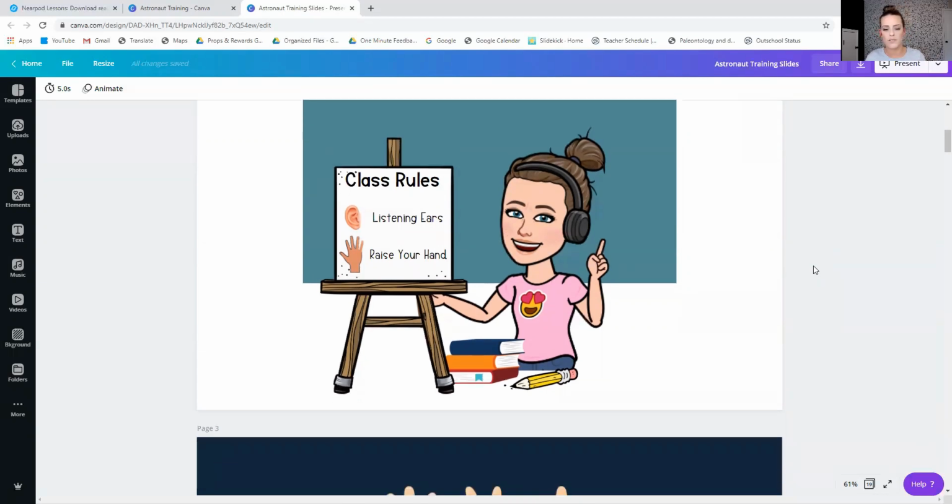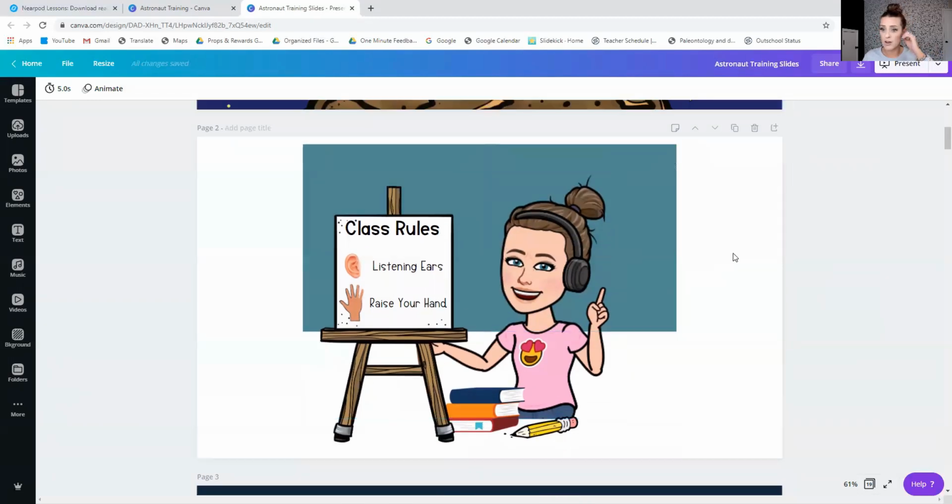I always do, of course, my expectations. Now you can see here I have a Bitmoji, and I'm not going to go over how I insert my Bitmoji,